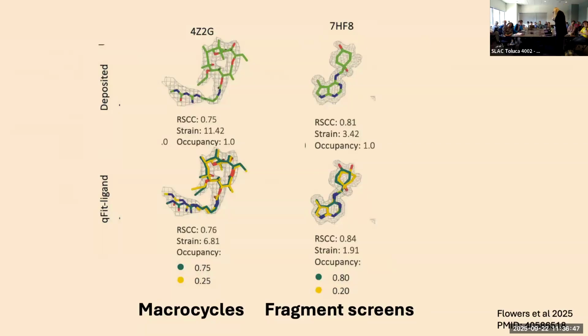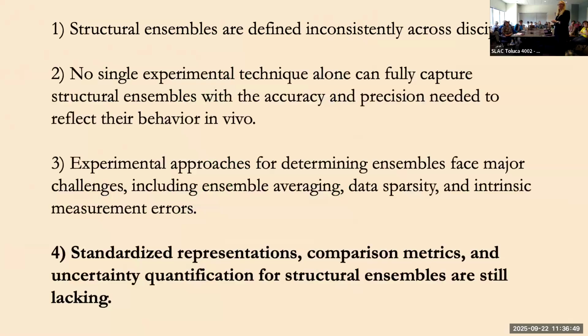Okay, so the last piece of this really is standardization, representation, comparison metrics, as I said, and uncertainty quantification. Right, we can sit here and hammer out and say we've improved our free R, but how is that actually translating to other